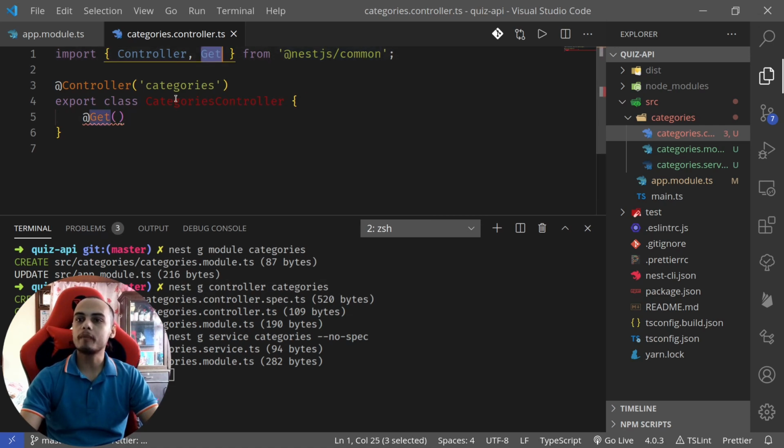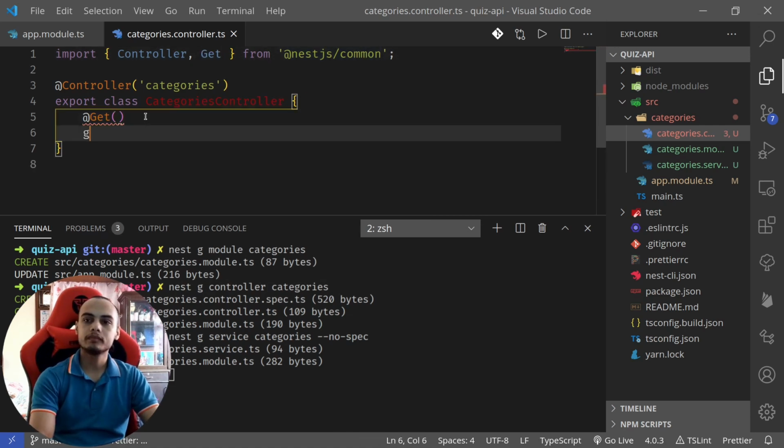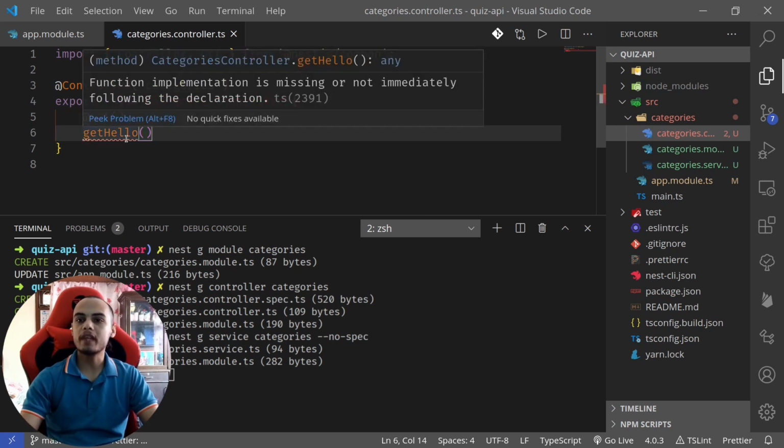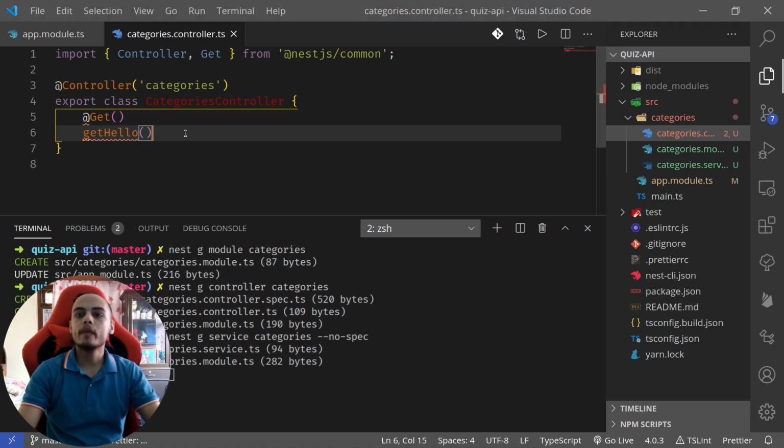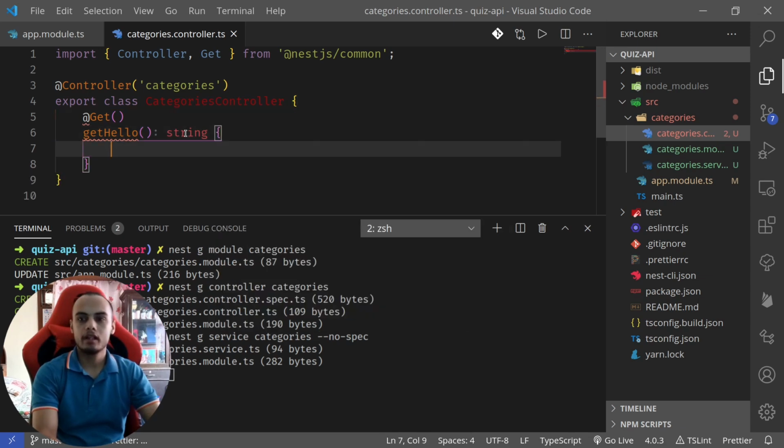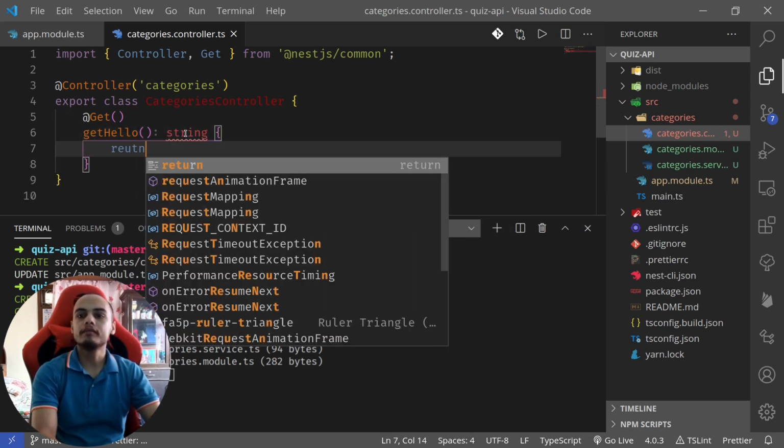VS Code is automatically importing it for us. And this function name can be anything. You can put anything as your function name. So we have getHello. We can call this method anything, and for the return type we can pass string. Here we will return